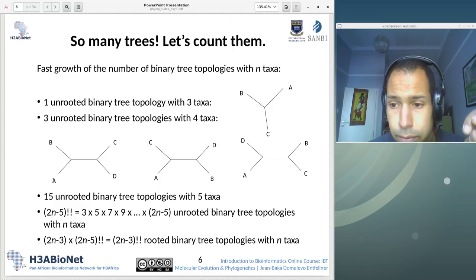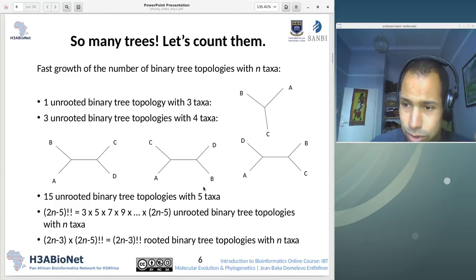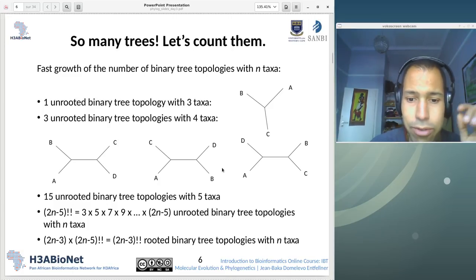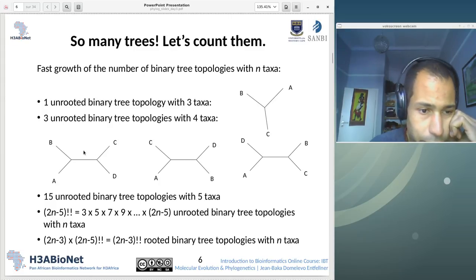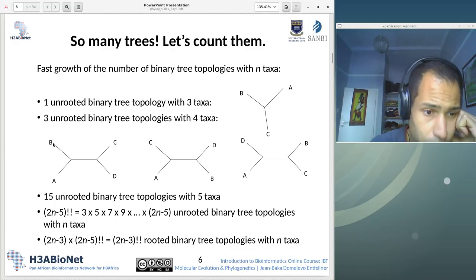Maybe I could show this. Let's say, for instance, here, if I want to prune B, pruning B in this graph would be removing this node here, so removing also this branch, and then merging these 2 branches, this one and this one, into one,